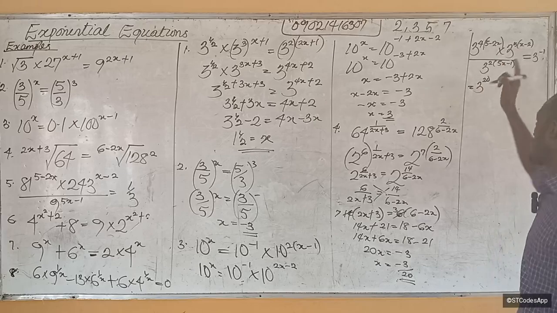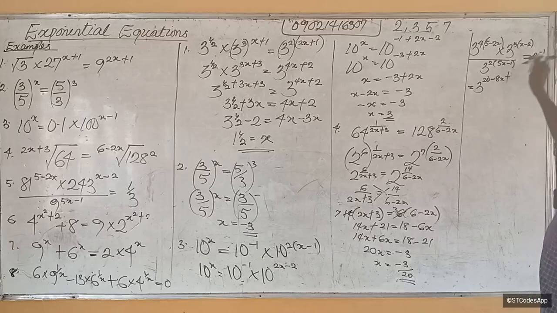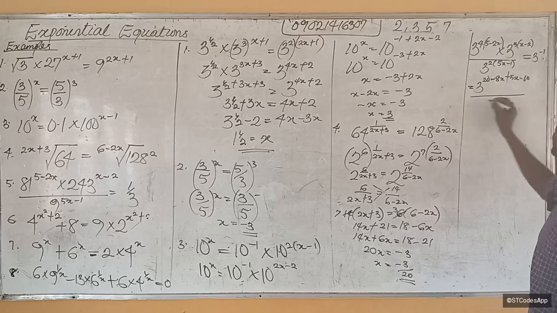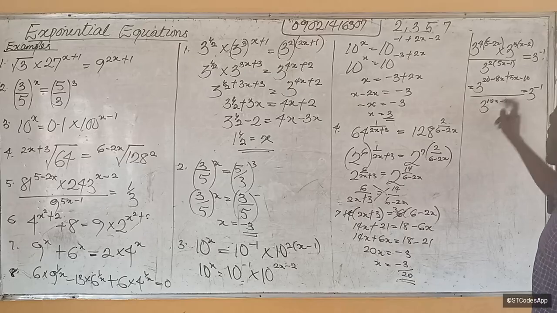I'm expressing it fast, okay? 20 minus 8x plus 5x, this times this, minus 10, all over 3 raised to the power 10x minus 2 is equal to 3 raised to the power minus 1. Bring this and this together to be minus, right? It becomes